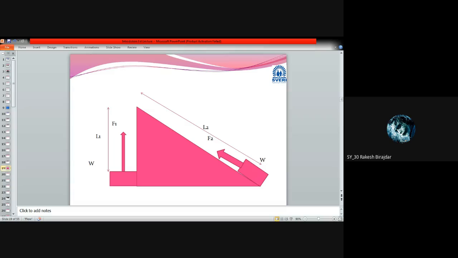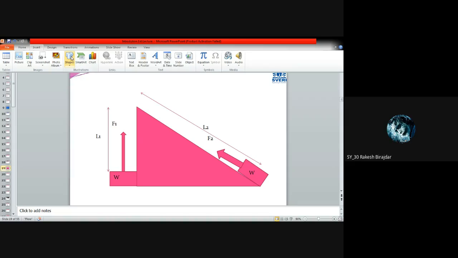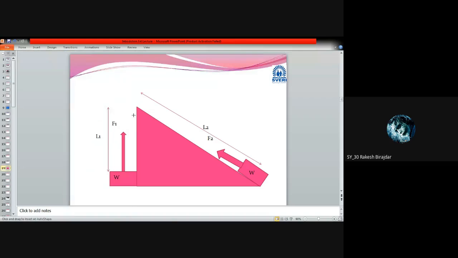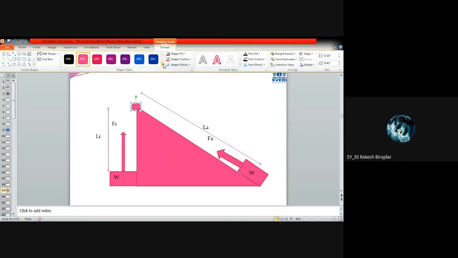Sir, it depends on the weight of the object and the friction. Right, so we are going to eliminate the friction. That is the first thing. And the weight W is the same in both cases, because here also we consider it as W and this weight is also W. The same weight we want to travel at this position. So less effort will be required at the inclined position. Right? But why?